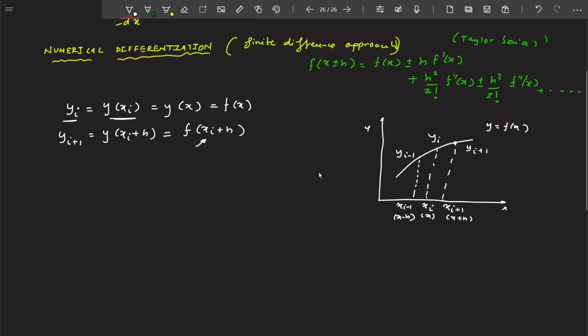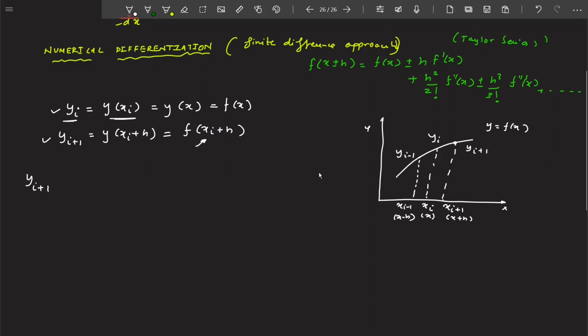When I say y i is nothing but, what you have to do is take y and substitute x i, and that is nothing but f x. Y is nothing but f x, so that means you have to substitute x i in f x. And I'm not going to write this down again and again, so I'll just be using x i in y i and y i plus 1 and y i minus 1, those kind of things. So let us apply Taylor series approximation for